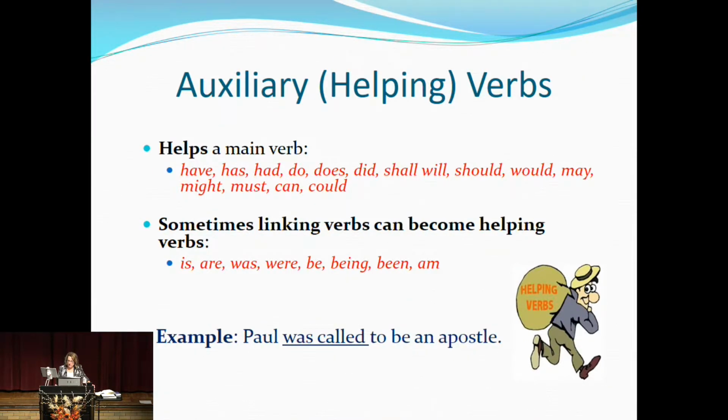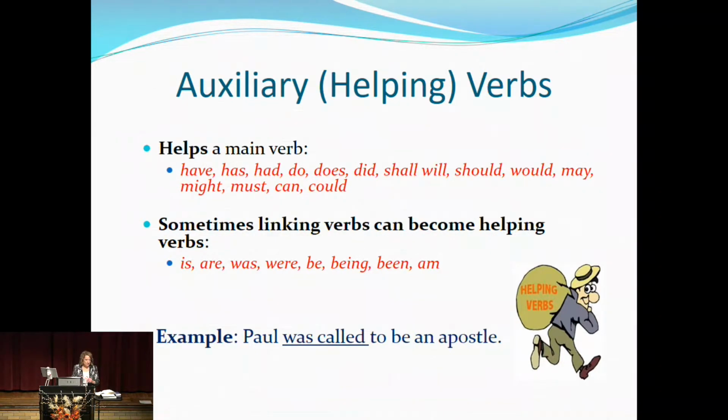So the main verb contains the central meaning of the verb phrase that we're going to see, and is always the last word in the phrase. Now, it's important for us to learn our helping verbs because you're going to see that they help us indicate the mood that the verb is in. So auxiliary verbs have families, and I've included this already in your appendix. But here are your families of helping verbs.